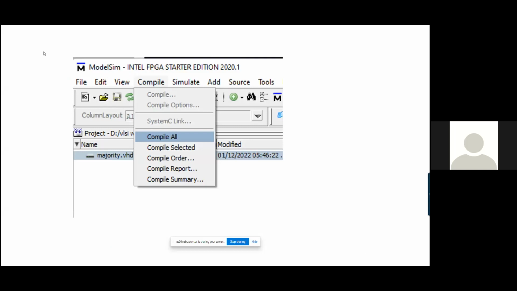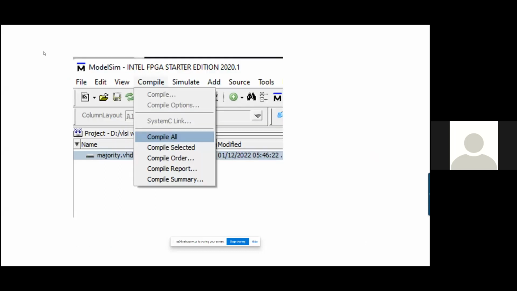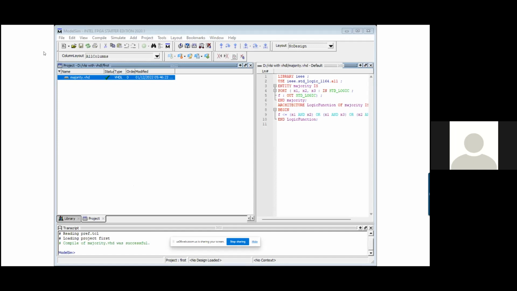Now the next step is we simply select the first file. First we select the file majority.vhd, and then we go to the compile tab, and then we select compile all. Once you select compile all, you see at the bottom here, compile of majority.vhd was successful.